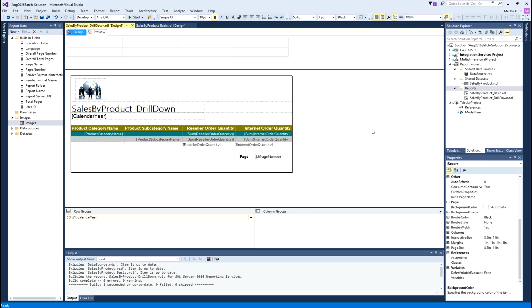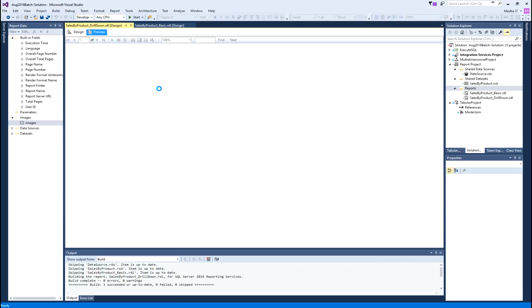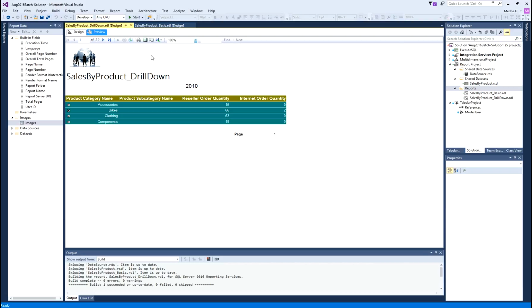Now, with these changes I want to preview the report again. Click on preview, and now I see the page number here, my logo here and the report title. 2010 is my year. Click next.